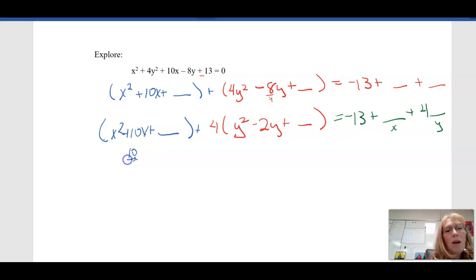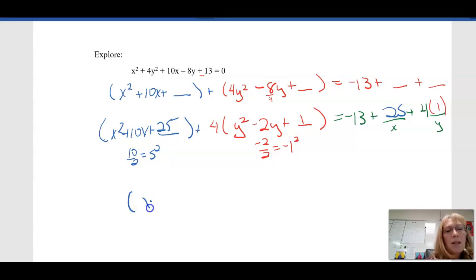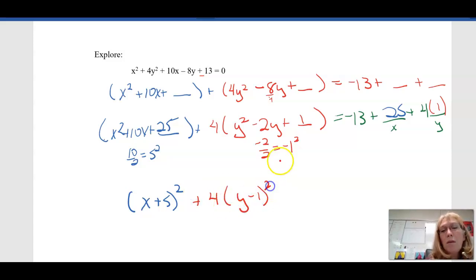So we're going to take 10 divided by 2. 5 squared is 25. Goes in both blanks. Now we have to do the same thing for the y's. So negative 2 divided by 2 is negative 1 squared is 1 in both blanks. And now we just do our little bit of math. So that's x plus 5 squared plus 4 times y minus 1 squared, remember half the middle terms, equals,